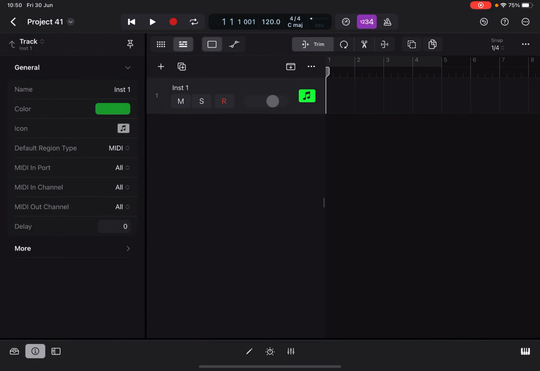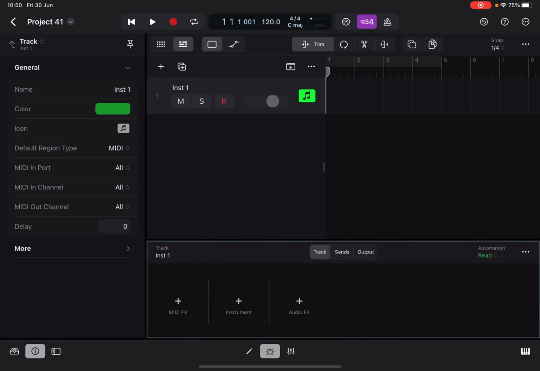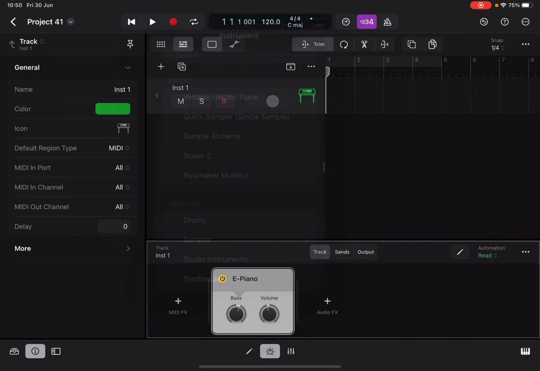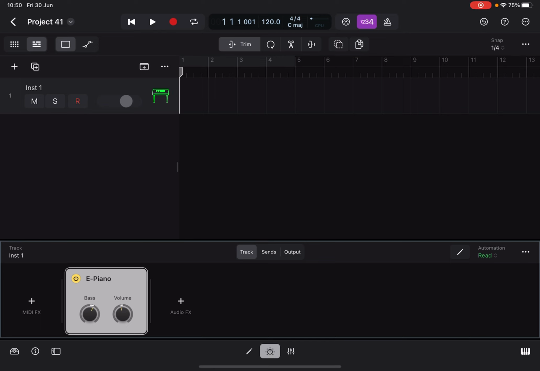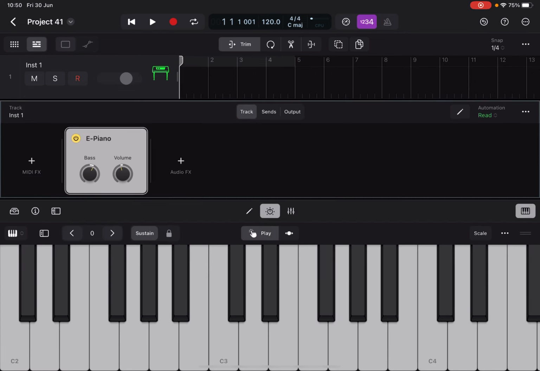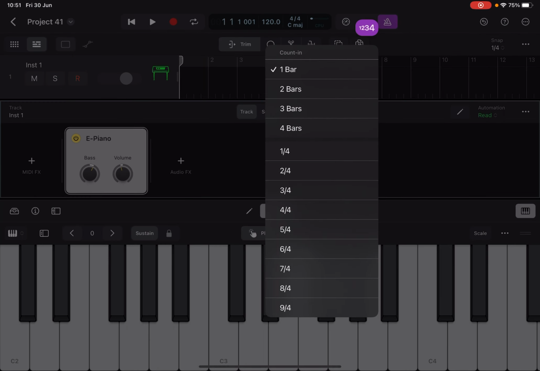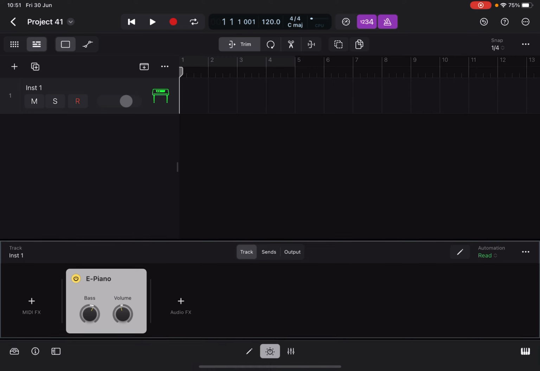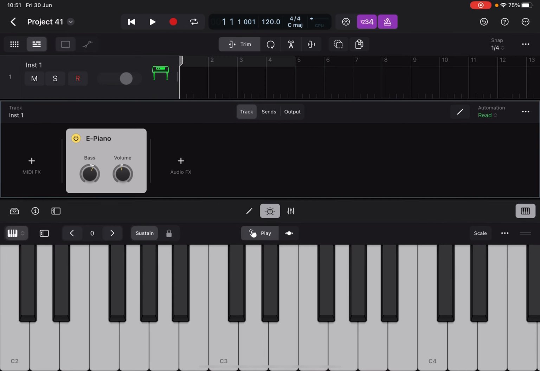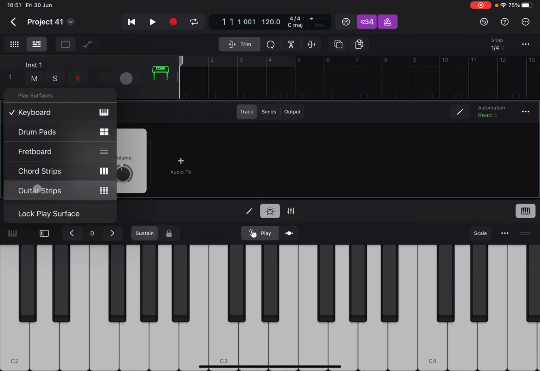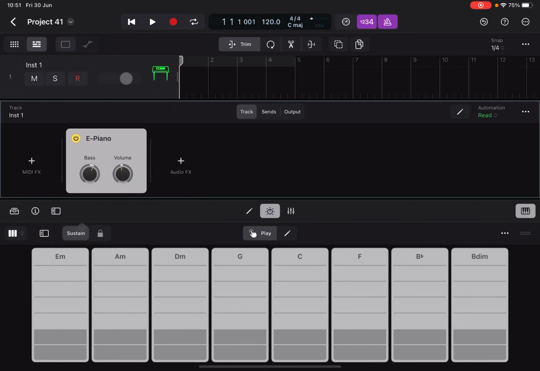with some chords. All I'm going to do now is go into instrument and literally select the electric piano, and then go into the chord strip on Logic, which is just over to the left when you've opened up your piano. Now within the chord strip it gives you the option to play chords with one touch of the pad or